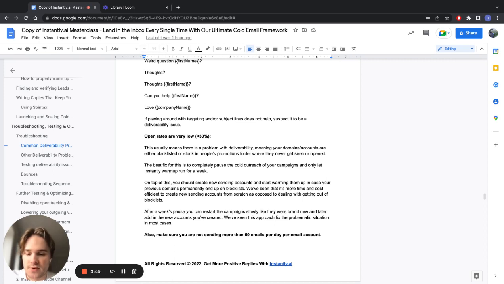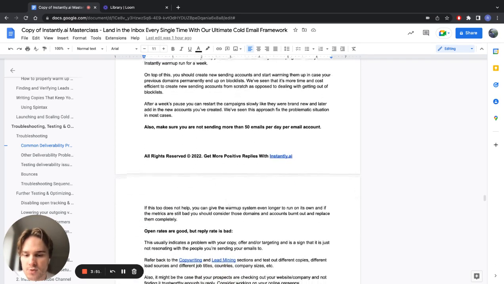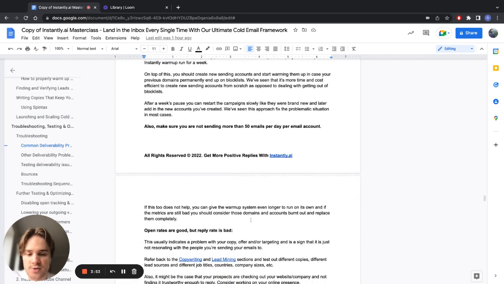After a weeks-long pause of just letting warmup run, you can restart the campaigns slowly from scratch and see if that made any difference. If that doesn't help, you can try giving the warm-up system even longer, let's say 2-3 weeks, and then trying again. But a good thing is to always create backup domains that you can swap to